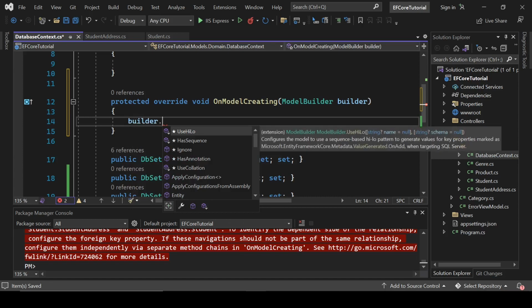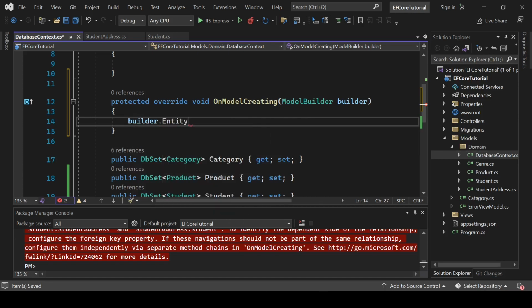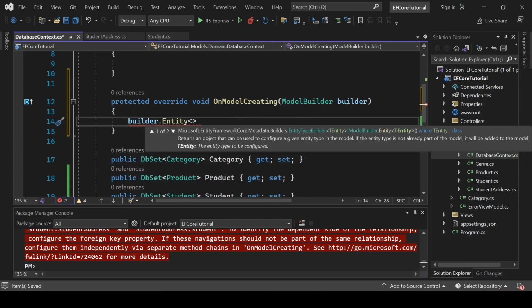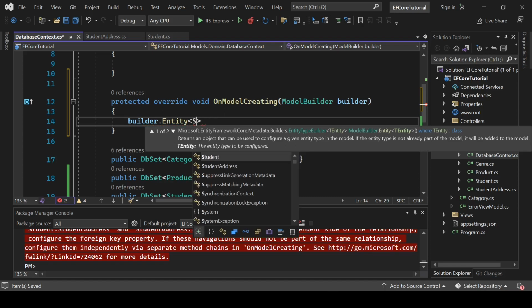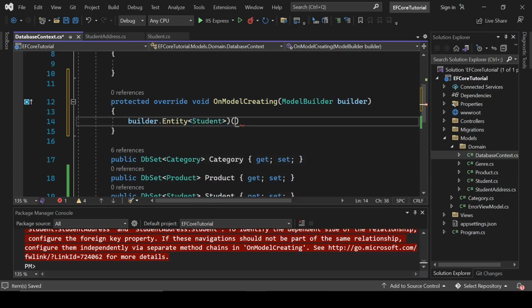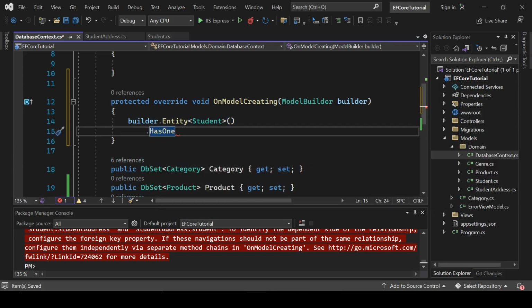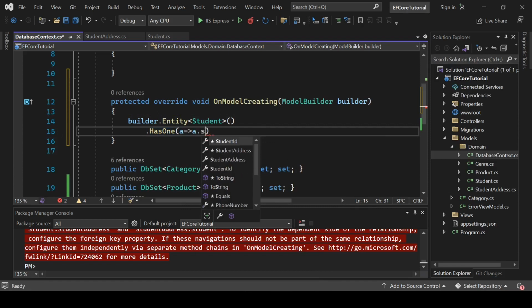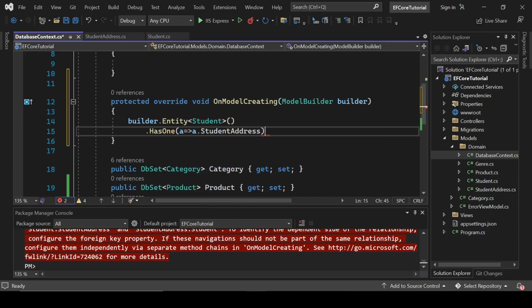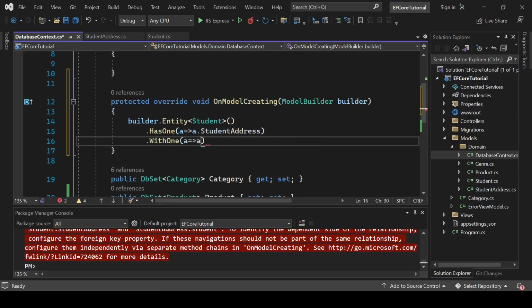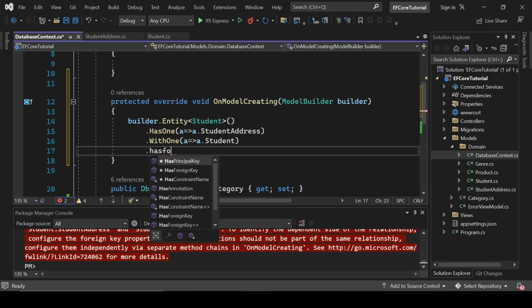Builder dot entity, the name of the entity, which is student, comma has one student address, comma with one student, has foreign key,